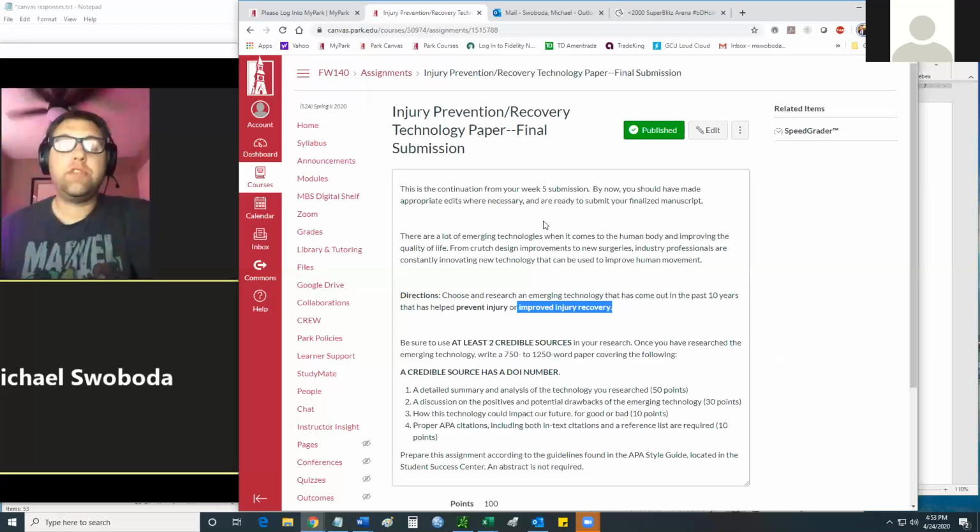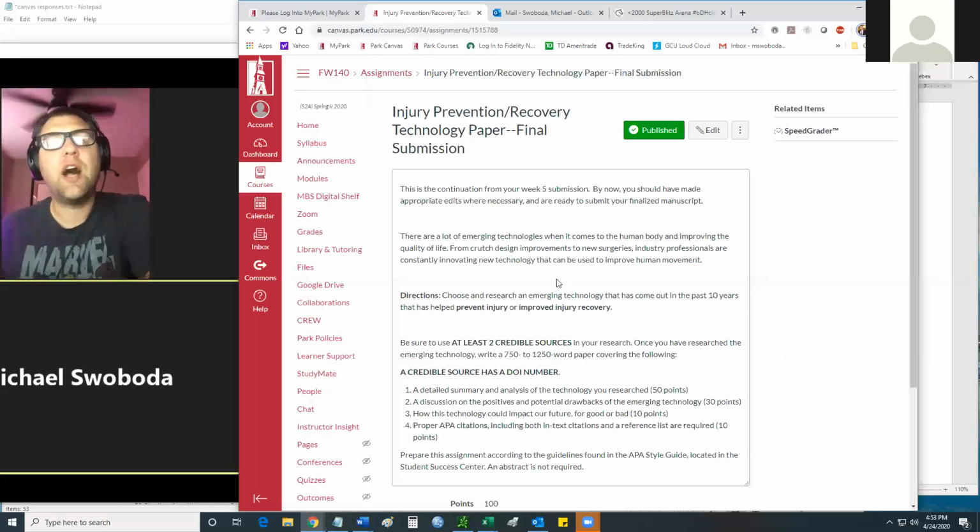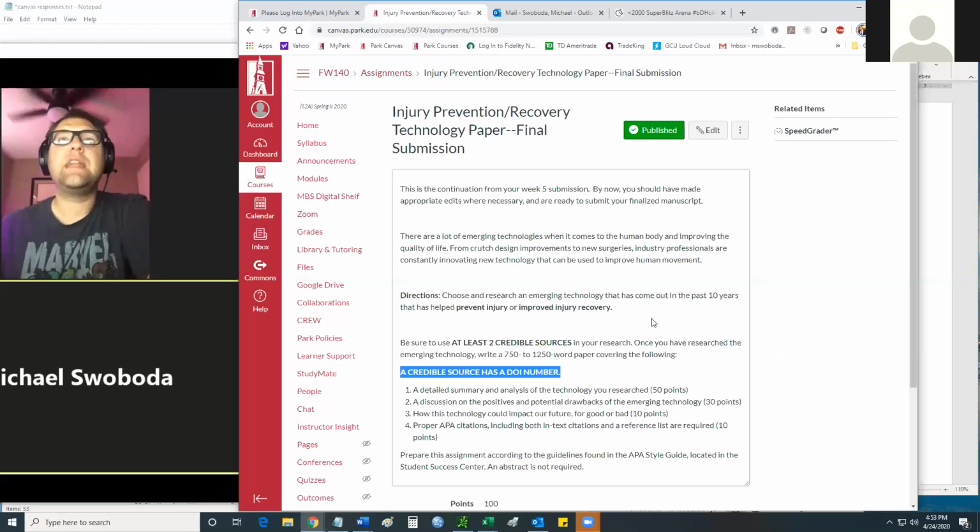The other unfortunate thing that I did cover, but got to cover it again, is do not use websites that are selling products. Those are not credible sources. I have it written plain as day here. A credible source has a DOI number. Where do you find a DOI number? Or a digital object identifier. That is from all academic work.